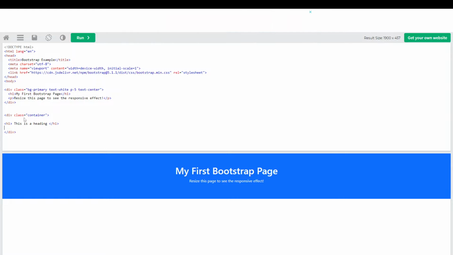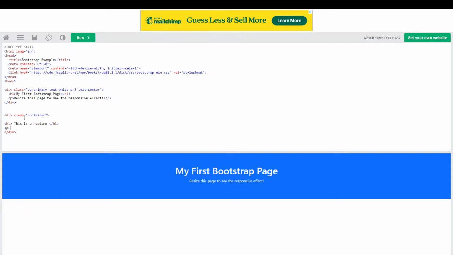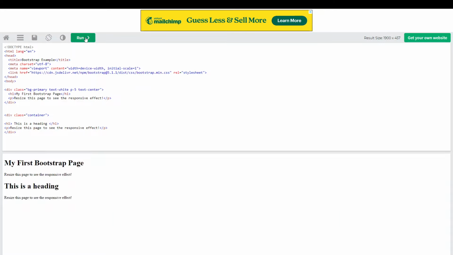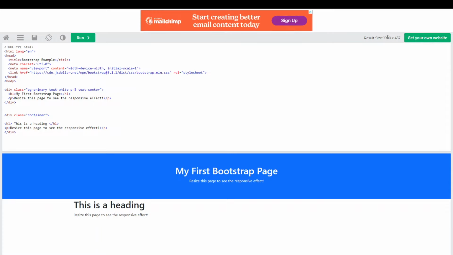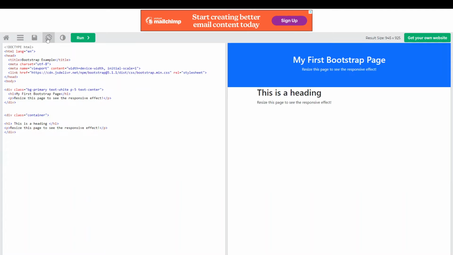You can add any types of elements as well, if you wanted to add a paragraph. And you can see that the container class gets added, and then what you can do is